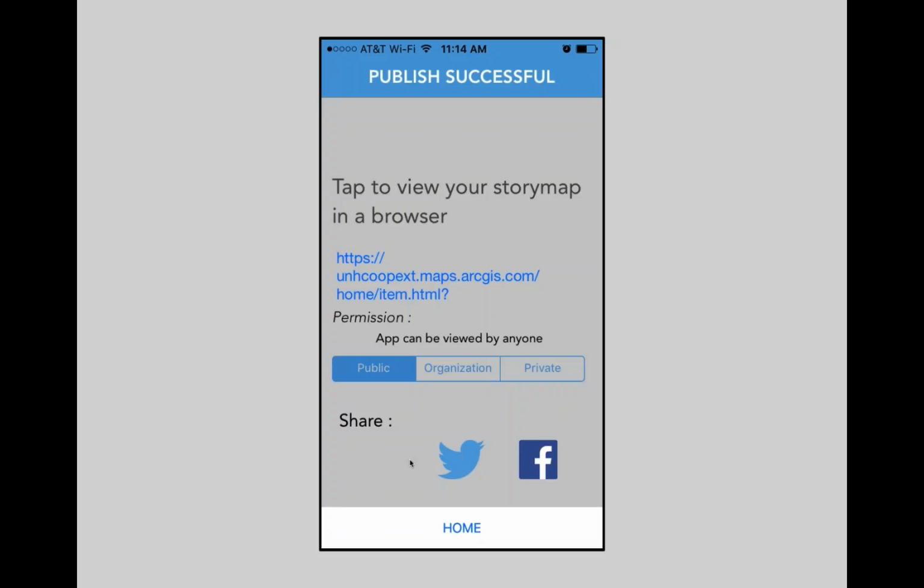So when you're done, that's it. You can tweet it, Facebook it, you can click that link and follow it, and you can also see the way that the permissions were set, which is important. In order to let people see it, it needs to be made public. And so that's it. If you click on the home button, you go back to the beginning,